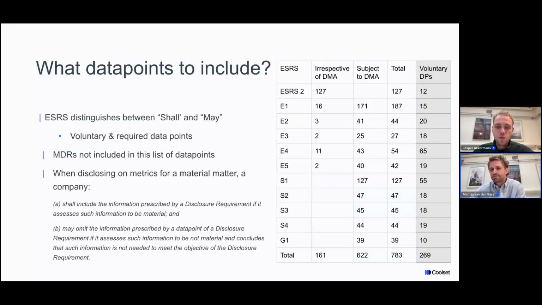And you see that E1, S1, and those are really the biggest ones within DMA. So do keep that in mind. And then on the very far right, you have the voluntary DPs. You see that it's not too many, but it is quite substantial, and it is quite useful for a company if you do determine that you want to report on these.